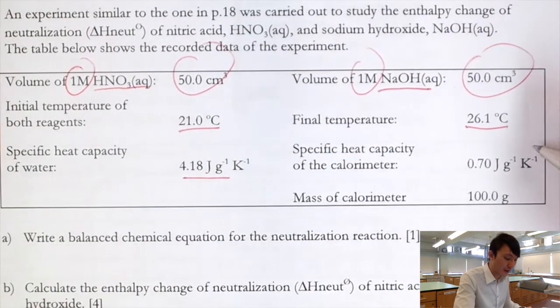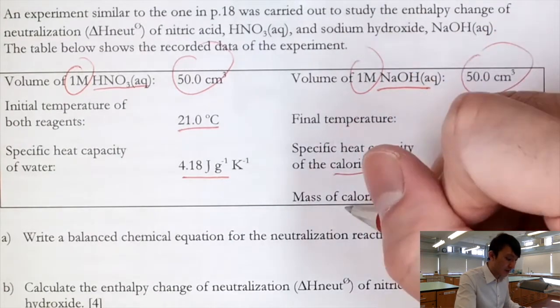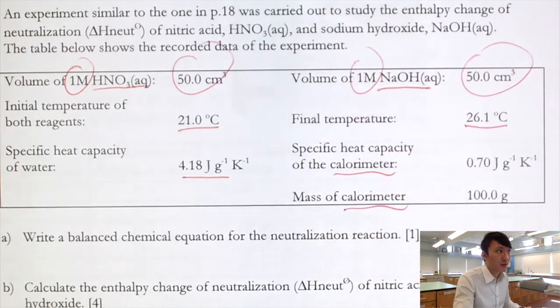They also have something extra. They also tell you the specific heat capacity of the calorimeter and the mass of the calorimeter. So very often when we talk about errors, we say that the specific heat capacity of the apparatus is neglected. So that may result in an underestimated result. But here, you see from the question, they actually provide you with the specific heat capacity of the calorimeter. So when we perform our calculation, we also have to take into account the heat that is absorbed by